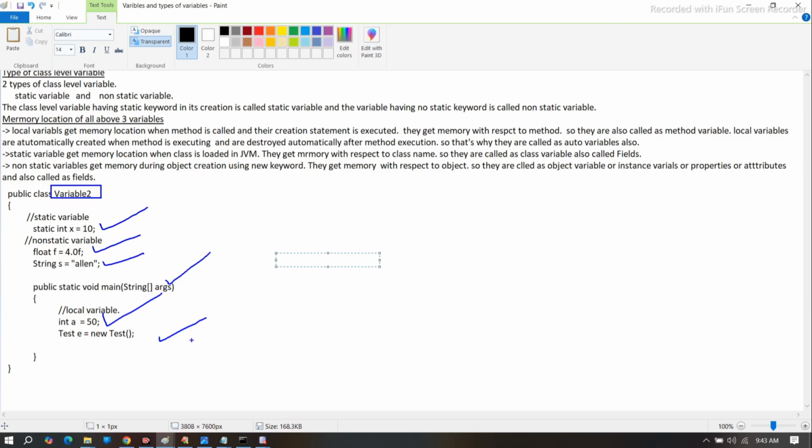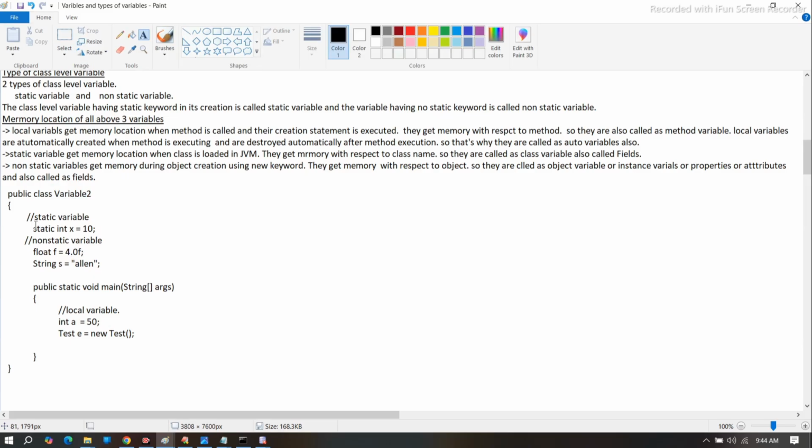Can you tell me how many variables are created here? We defined 6 variables. How many variables have been created? Here you can tell 4 variables are created. Yes or no? Now you can ask me one question: sir, you told 6 variables we have defined, how have 4 variables been created? Why? Because if you see,